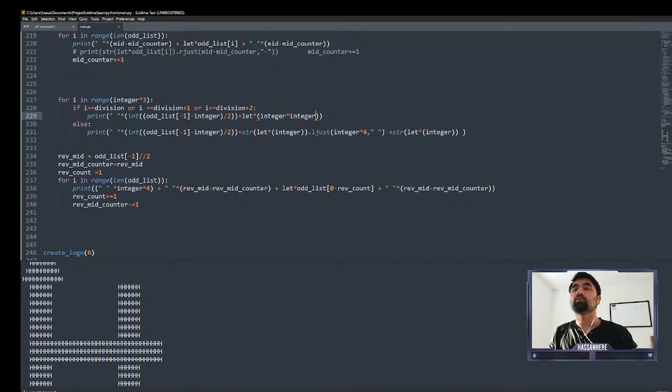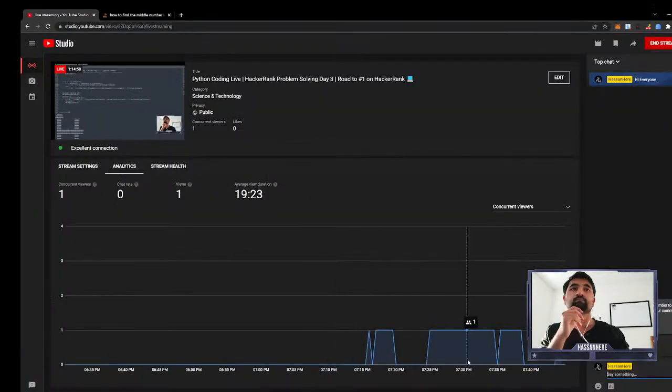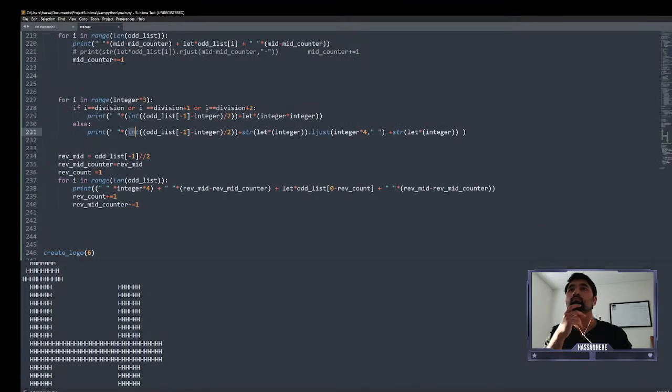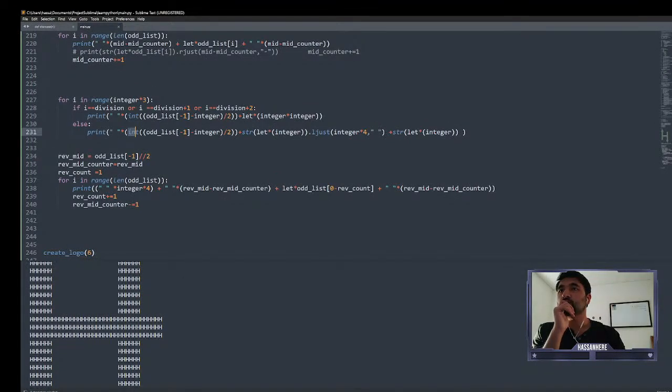That means because we are doing this integer multiplied by integer, it is going to be this much. That means integer plus string multiplied by this on the left side. This thing. Okay, so integer odd list is going to give us the missing